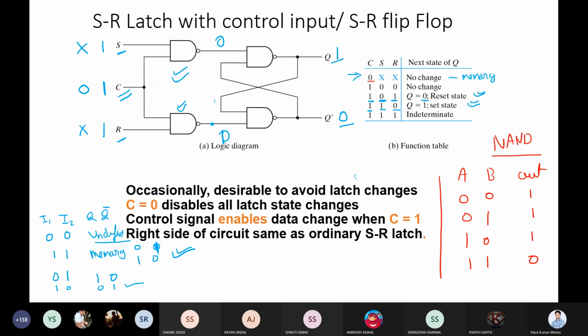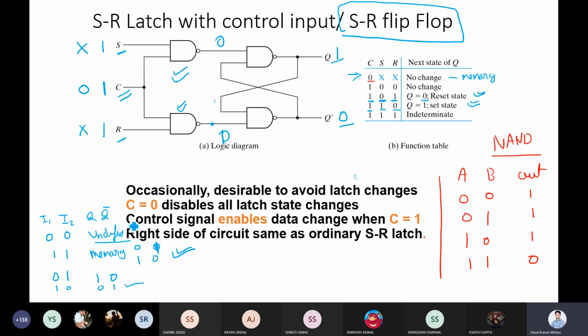Cool. So now once you add the clock in the SR latch, or you can say SR latch with control input, that is known as SR flip-flop. In the latch, we do not have any control, that is the clock control. But if you are adding a control with the addition of 2 NAND gates, then it is known as SR flip-flop, right?